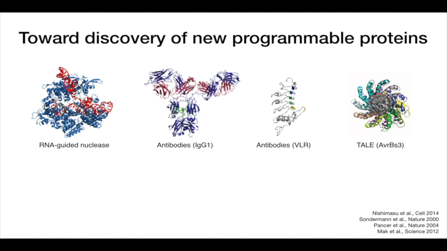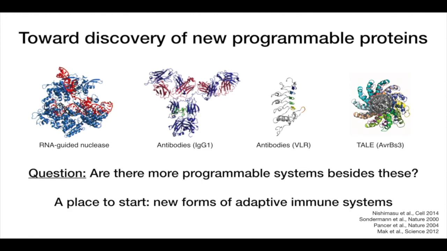These are 4 different examples of immune systems. There's the CRISPR RNA-guided nucleases, antibodies from our own species, another form of antibody called VLRs from jawless vertebrates, and then the tail proteins, yet another immune molecule that's produced by bacteria. These are all systems that rapidly evolve and are adapted by nature to recognize different substrates, to allow the bacterial species to survive in the face of adversity.